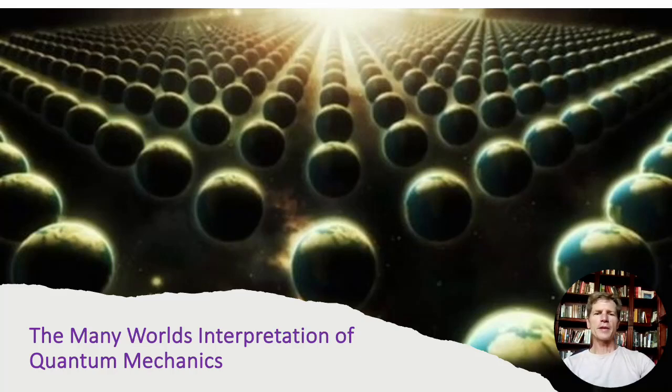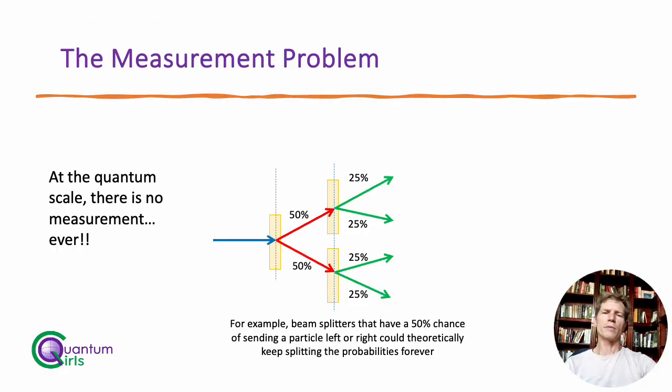In this video, we're going to talk about the many worlds interpretation of quantum mechanics. This is one of many interpretations, and we'll discuss some of the others later, but it's intended to solve one of the most famous philosophical problems with quantum mechanics, the measurement problem. The measurement problem, in a nutshell, is the question of exactly when, where, and how measurements occur.